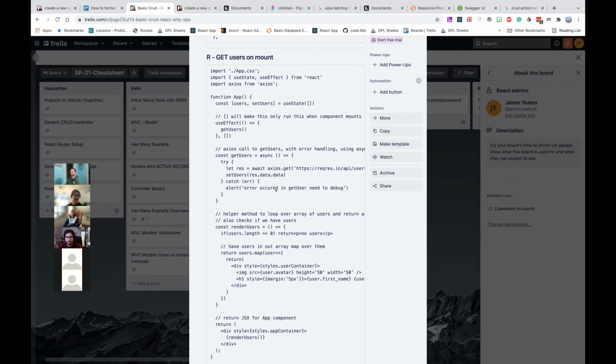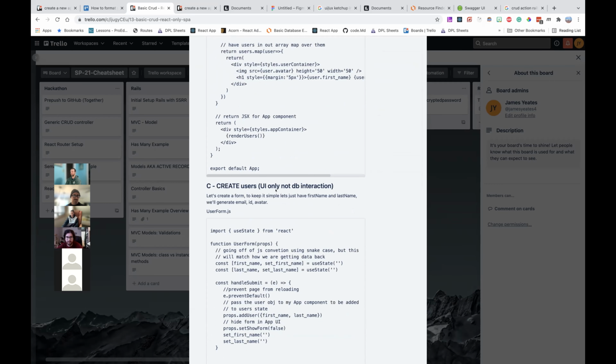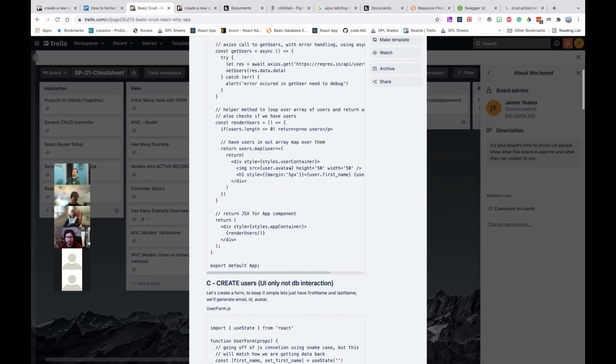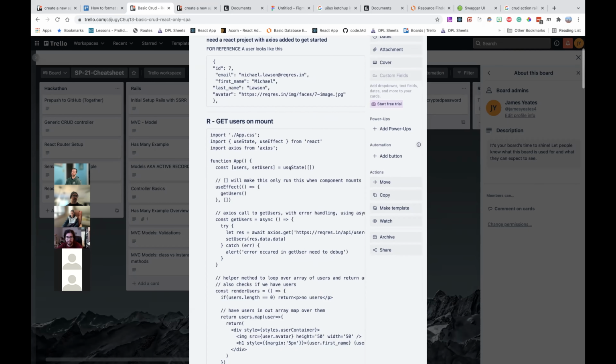Okay, so that did answer my question, because I was looking at this and thinking, if this wasn't an open book test, I probably would struggle to fully build out an app. But I wouldn't necessarily want to just go onto a Trello, copy and paste this, and change everything from users to bugs. Yeah, because that might get you into issues too. It's not going to look the same, but maybe what you can do is